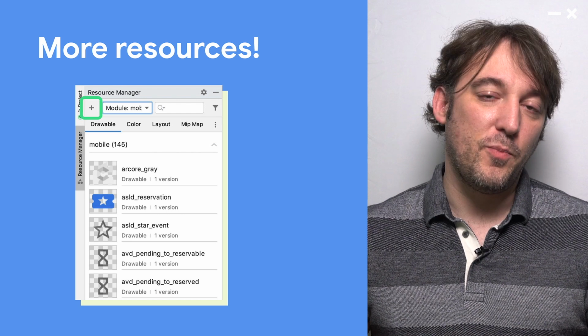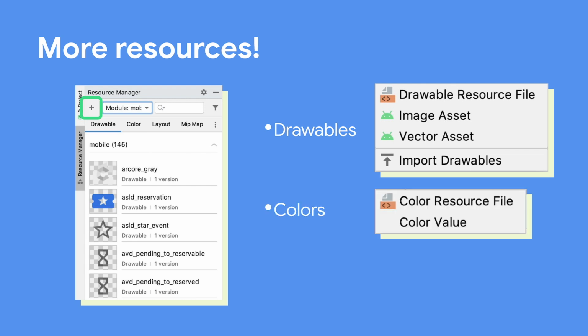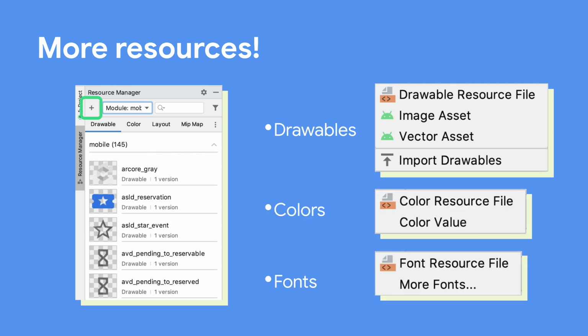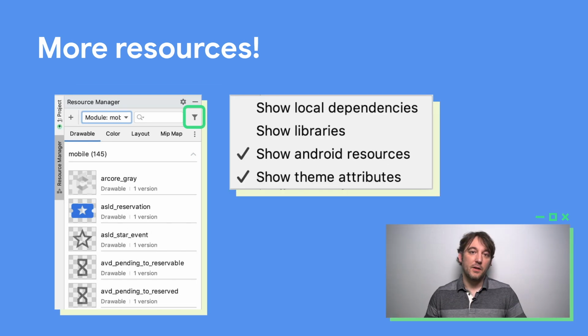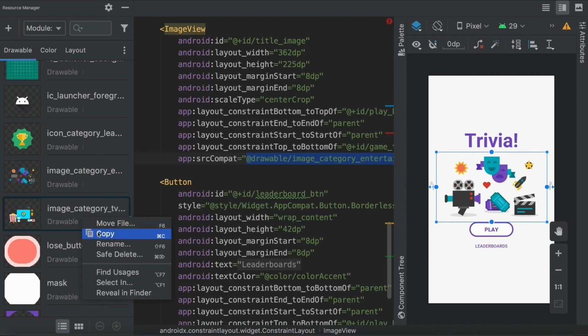We also added better support for importing resources. So you can import drawables or colors or even fonts. And essentially, we try to streamline this workflow. We also support filtering those resources because now that you can see a lot of resources in your project, for a complex project, obviously, that can be quite a lot of things to wade through. So now you can very quickly add filtering so that you can find your resources in a much more straightforward way. Here is a quick example of how all of that works.